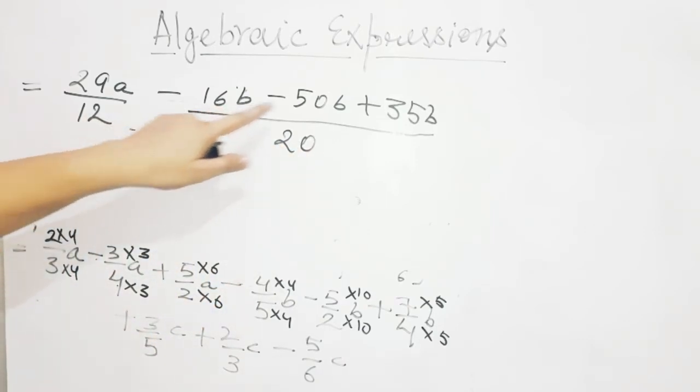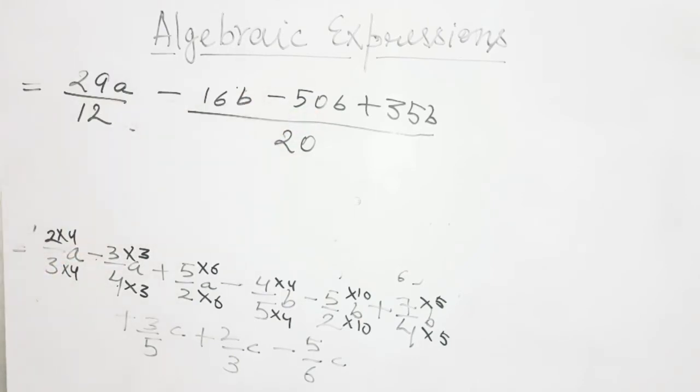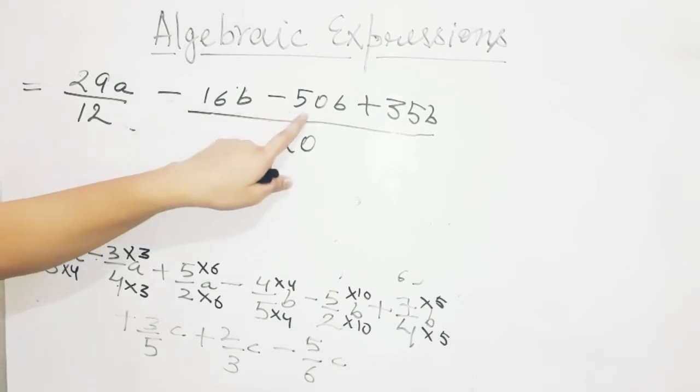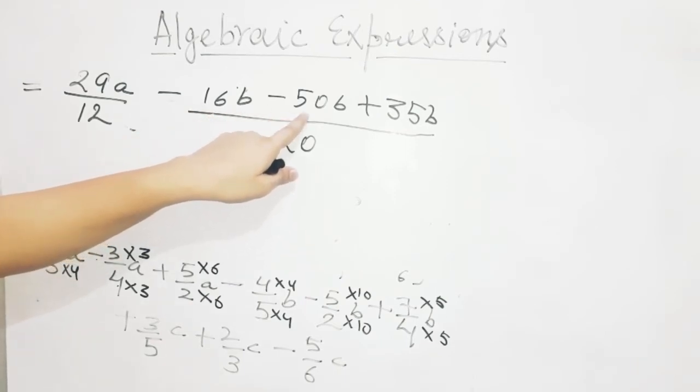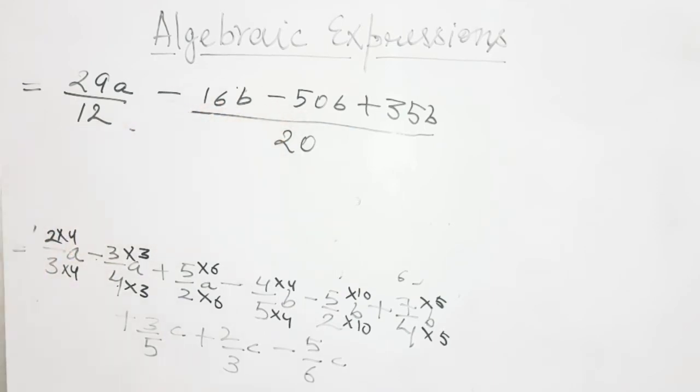Now minus minus is plus and the sign of the greatest number is applied. But in minus minus, both the numbers have a negative sign, so the negative sign will be there, but yes, we will add both the numbers. So minus 16 and minus 50. What is the answer? Please reply to me in the comment section. Minus 16 minus 50, the answer is minus 66.